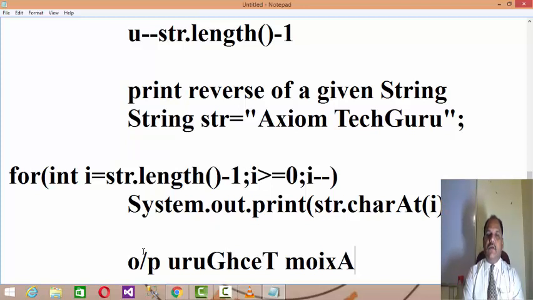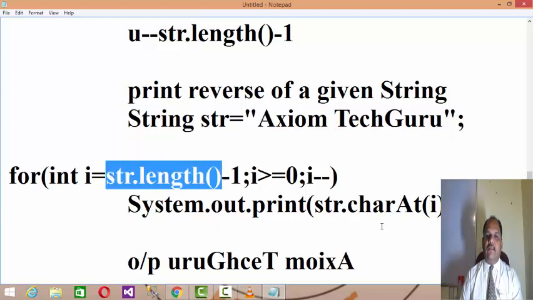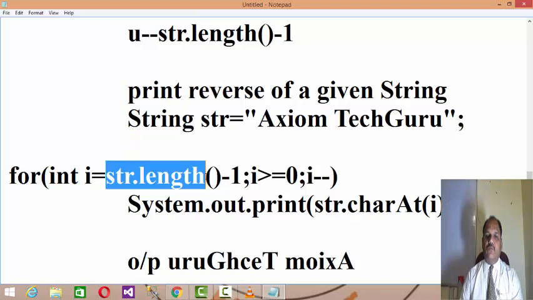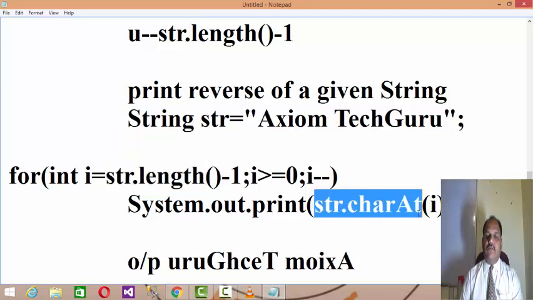Hope you understand it. Here I used two methods, str.length() and str.charAt(). str.length() extracts the length of the string, and str.charAt() extracts the character available at that position.